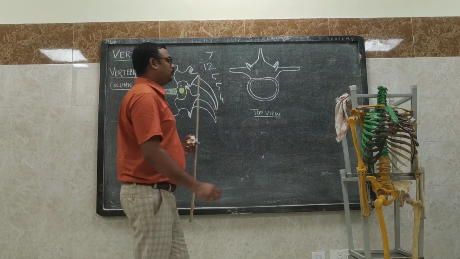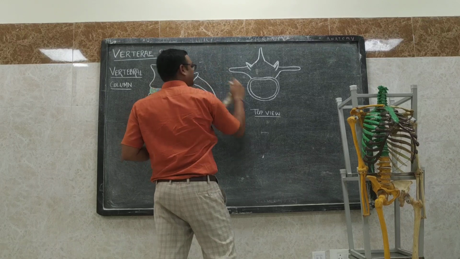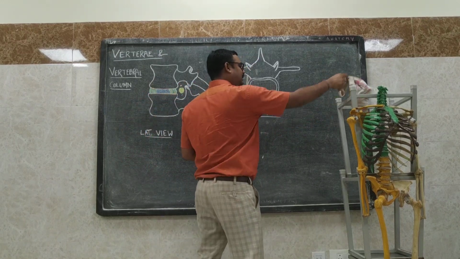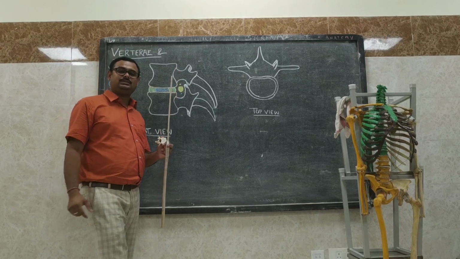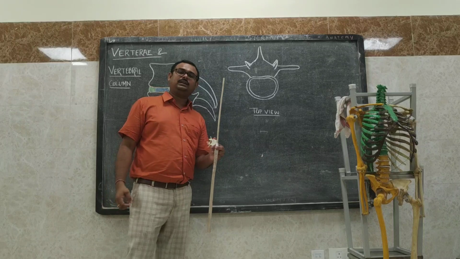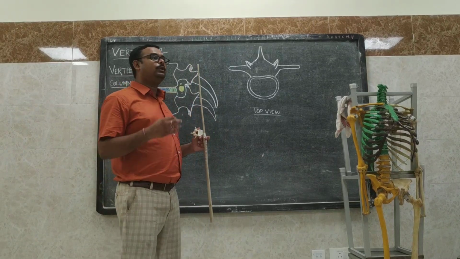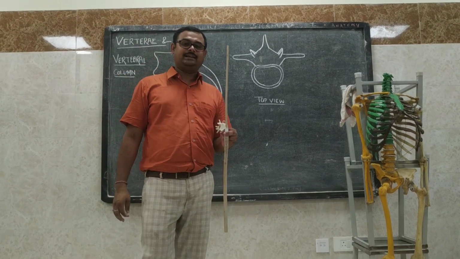Now, why do we want to understand the vertebrae? Because being a vertebrate mammal, we have these extra features in our skeletal system. Now, what is the purpose of the vertebral column? The vertebral column will transfer the weight of our body to the legs.